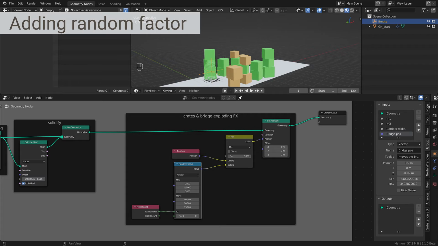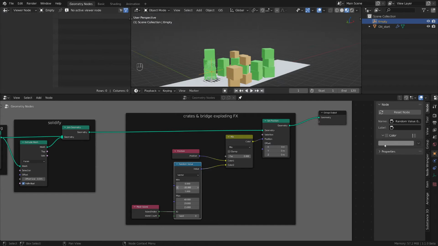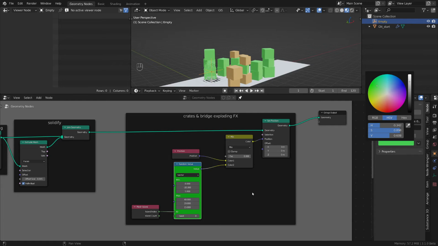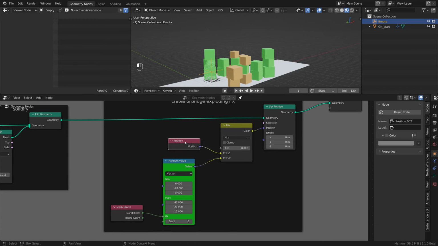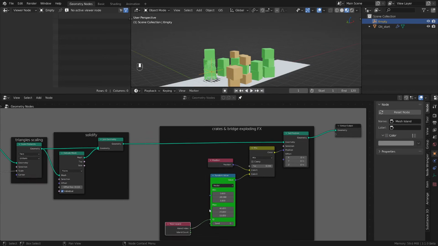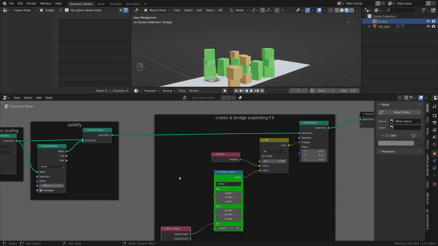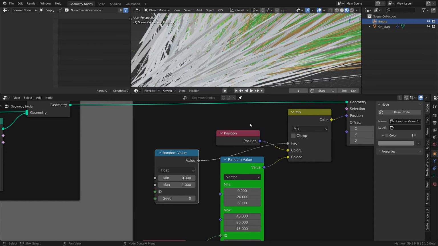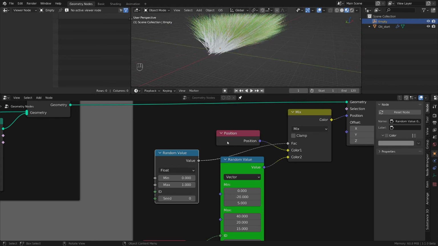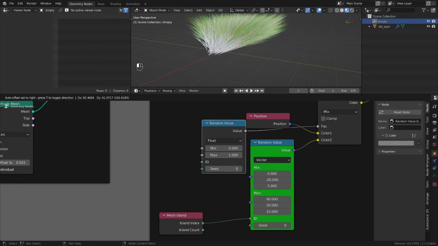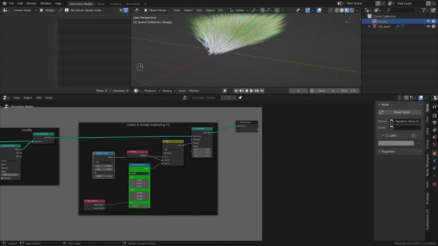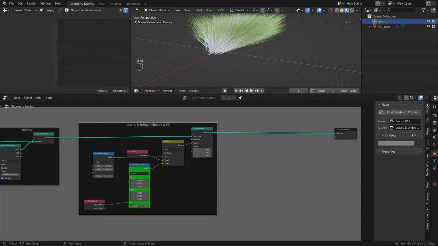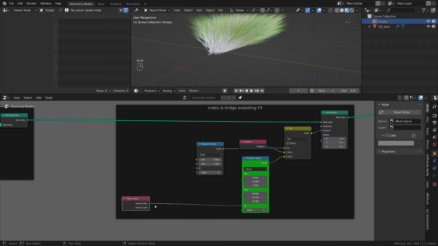But first I want to go to this node value and give it a green value. So we know that this controls something, a parameter. And it's time now to do our random factor. And for that, I'm going to use, of course, another random value. 0 to 1, it's just perfect. Again, we have this jumbled mess problem, but we already know how to fix it. Let me push this one here, this one set up here, push this one here, and we can use the same mesh index, and now we get